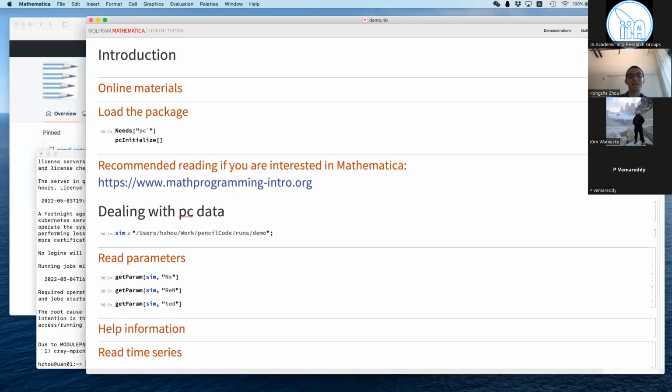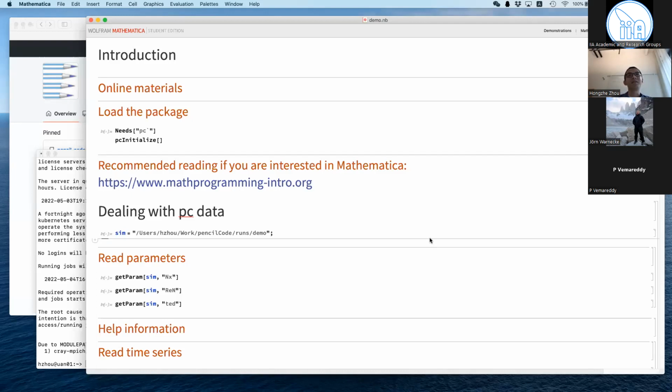and those interesting features about Mathematica, but at the end of the day, I think it's all about another option to the Pencil Code users. And for me personally, I started to use this because by the time I started to use the Pencil Code, I was more familiar with Mathematica compared with Python or IDL. So I'm just playing with the code and trying to see if I can use Mathematica,